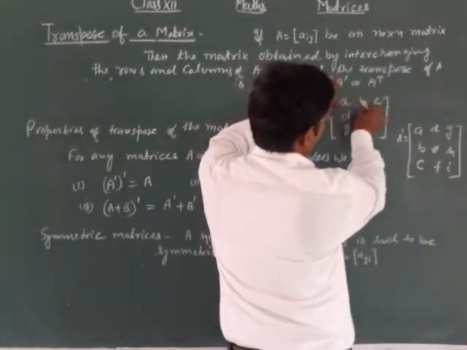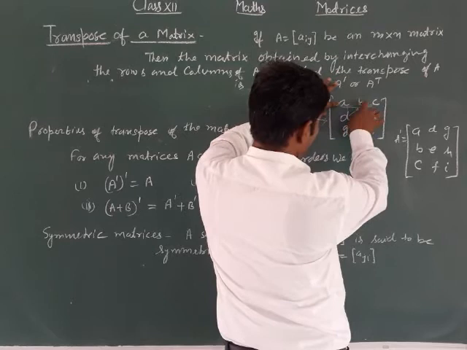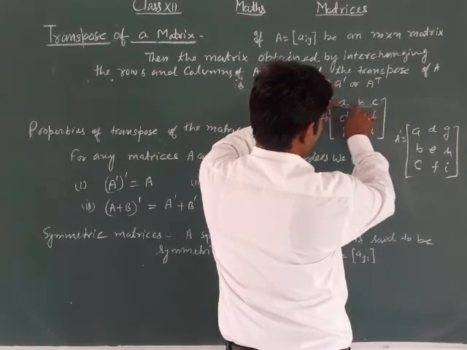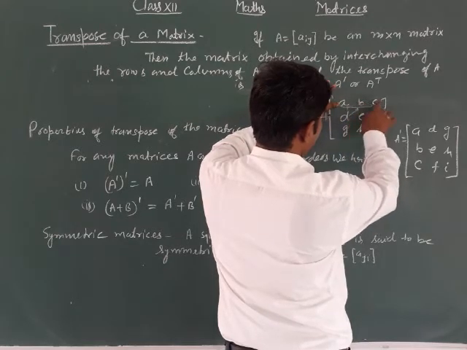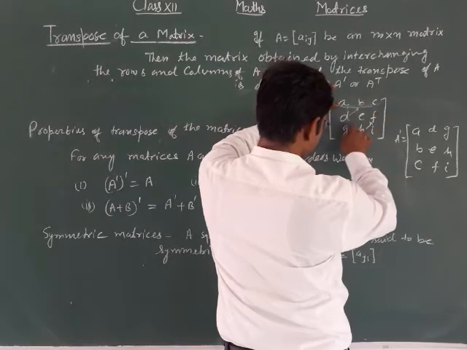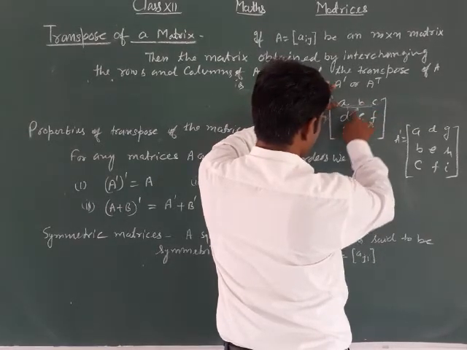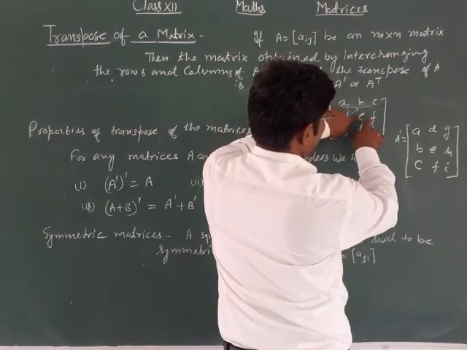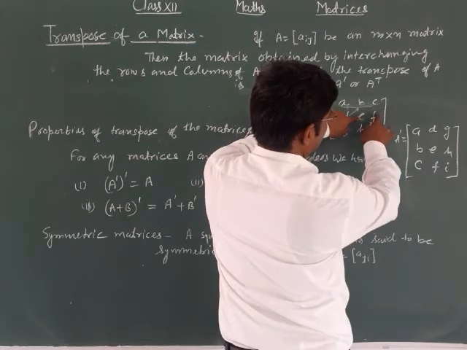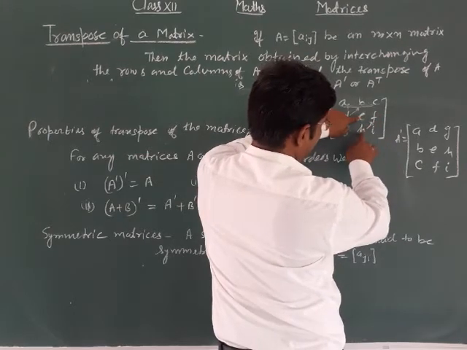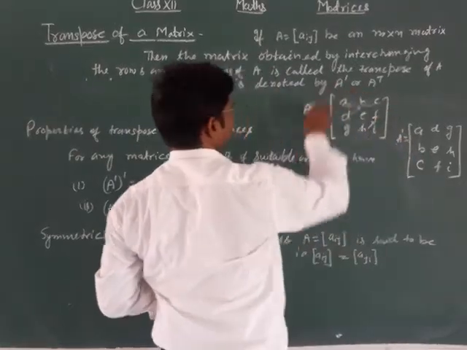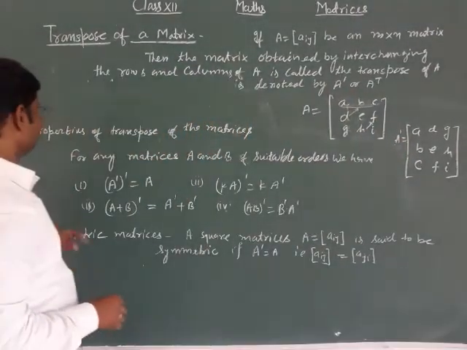Now rows and also columns: row to column, column to row. So A, B, C and A and B in place of D and G, reversed to D in place of B, and C here and E. H right here and F right here and I in its place. So this is A dash. This is the transpose of the matrix.